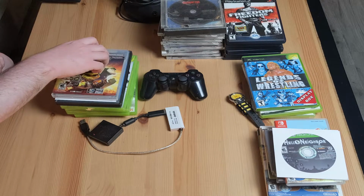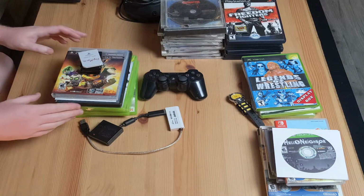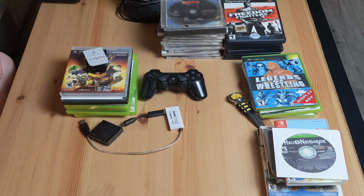They had a decent amount of games, but it was a little strange because they let me start looking through them, but then they started taking some stuff back, like, "Oh, I can't sell that. I can't sell that." I think there was a PS2 Tom and Jerry that I was going to pick up for the collection, but they didn't want to sell it. I guess because they were still setting up, so that makes sense. They were a little tougher on the prices, so I paid up a little more than I'd like to, but